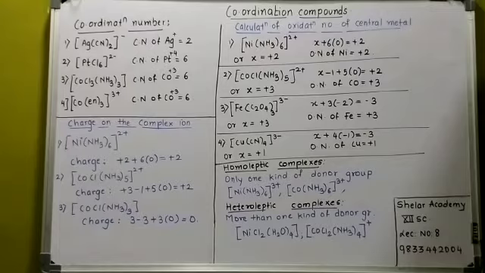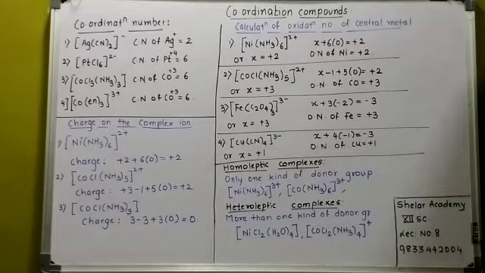Now, how do you find the charge on the particular complex? These are the examples given over here to find the charge present on the particular complex. The very first example I have written is [Ni(NH3)6] 2 plus. So what do you mean by the charge? First of all, the charge carried by a complex ion is the algebraic sum of the charges carried by the central ion and the ligands coordinated to it. That is called the charge present on the complex ion.